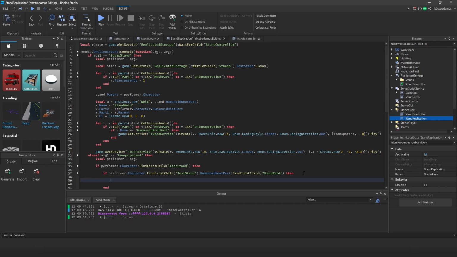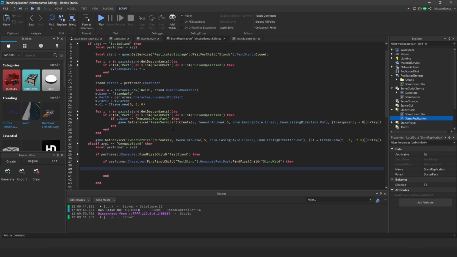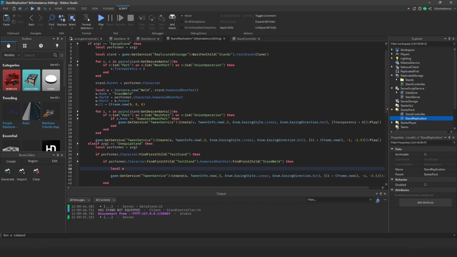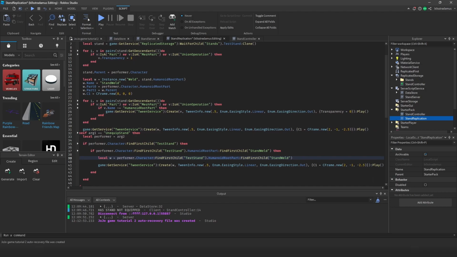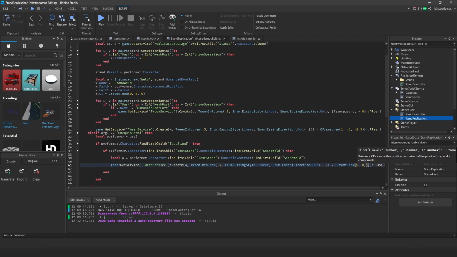because this weld is also important for our unequip, because we can't simply unequip the stand by just making it disappear, so by just destroying it, but that is boring. So we want to have an animation which makes the stand go back to our player's body and turning transparent at the same time. All right, so all we gotta do is that we have to take this tween we have created from the last video, and let's actually declare w as this weld. All right, now in 0.5 seconds, we do not want C1 to walk out of here. We want it to